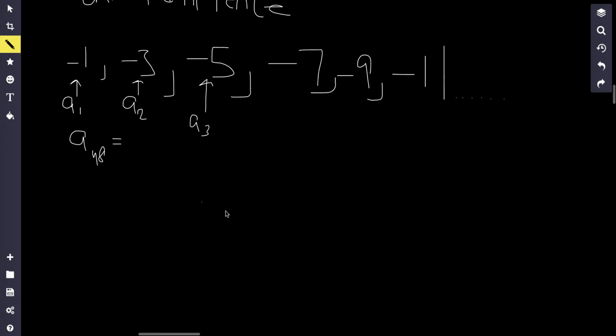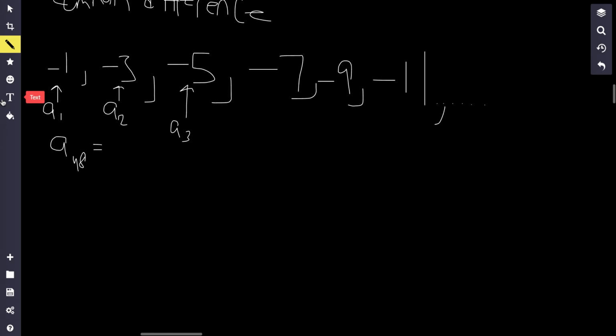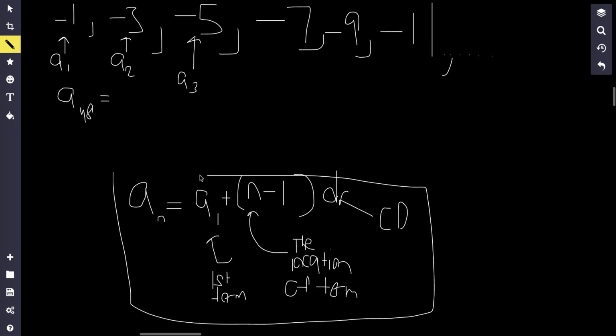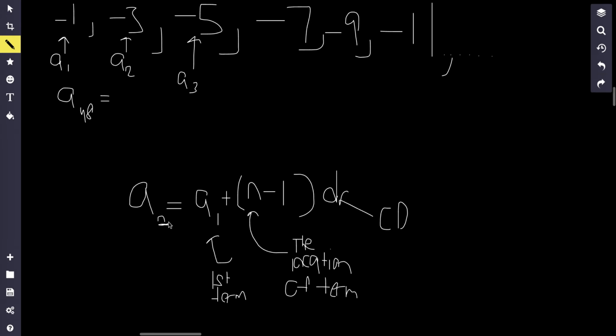Well, luckily, first of all, if you were to do this by hand, just to list all the numbers out, that's going to be pretty annoying, right? I don't want to list out 48 terms. So there's actually a formula. This is the formula right over here. A sub n, so this n right over here, think about it as like a variable, okay? It's sort of like a placeholder. So in order to find any value in your